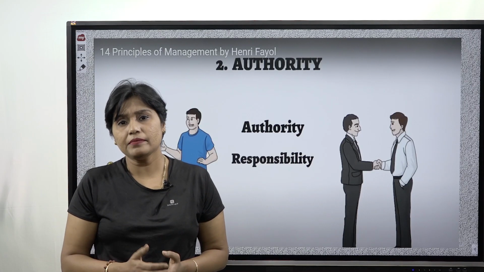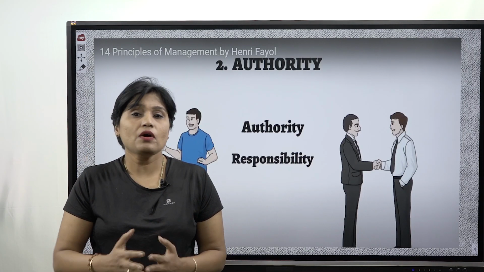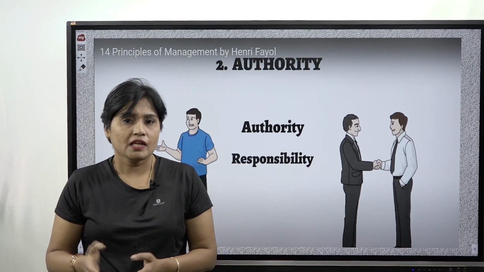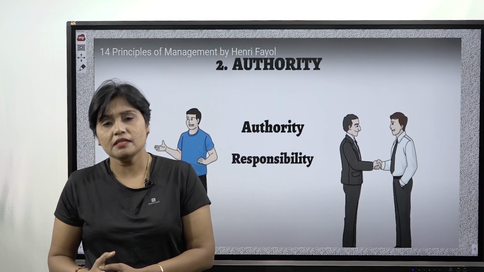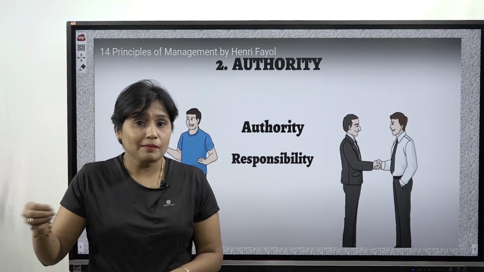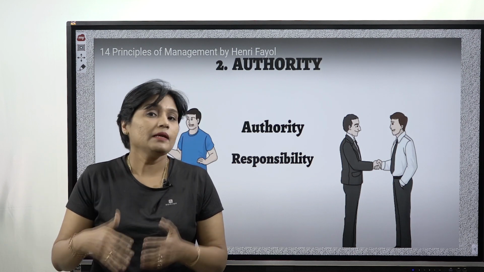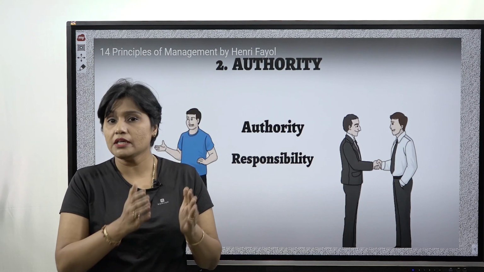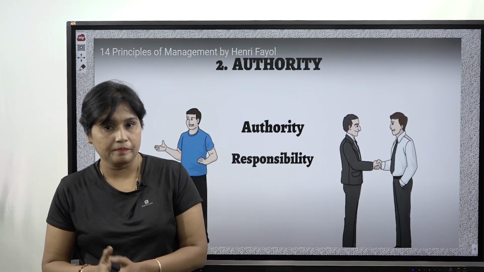Contradictory. What will happen if a manager is not having any authority but he is having only responsibility? Now, if he is holding only responsibility, he doesn't have any control over his employees, and employees will not respect him, and again production will not happen. Therefore, a manager must possess both authority and responsibility.